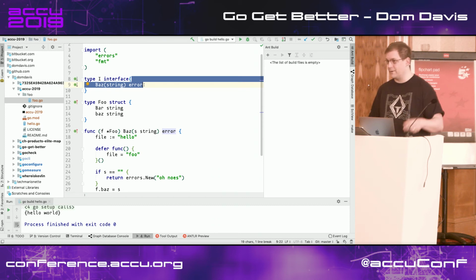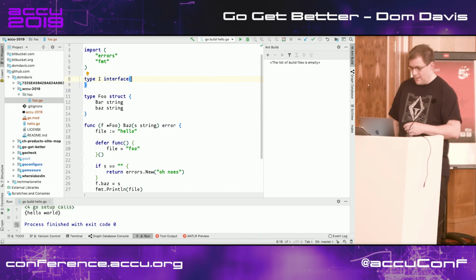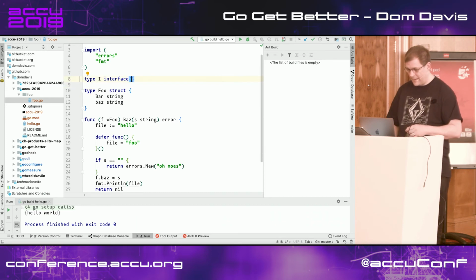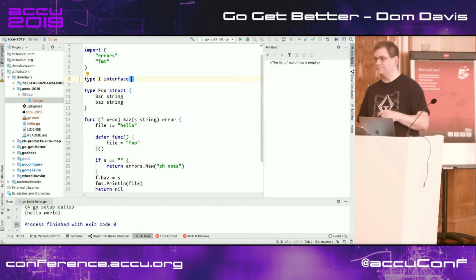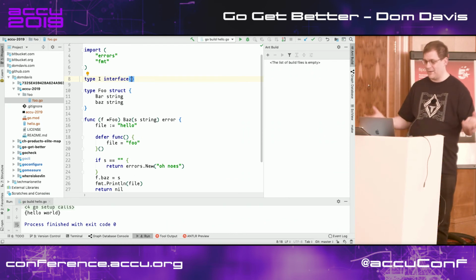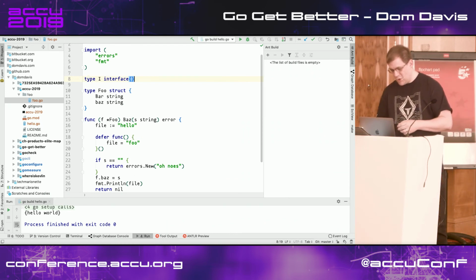No, it's all statically linked. So that is a valid interface declaration, which actually means anything. So this will match everything. Annoyingly,